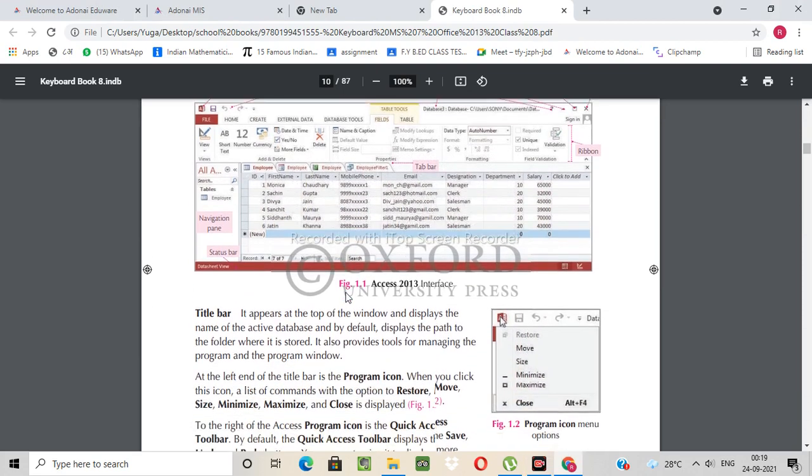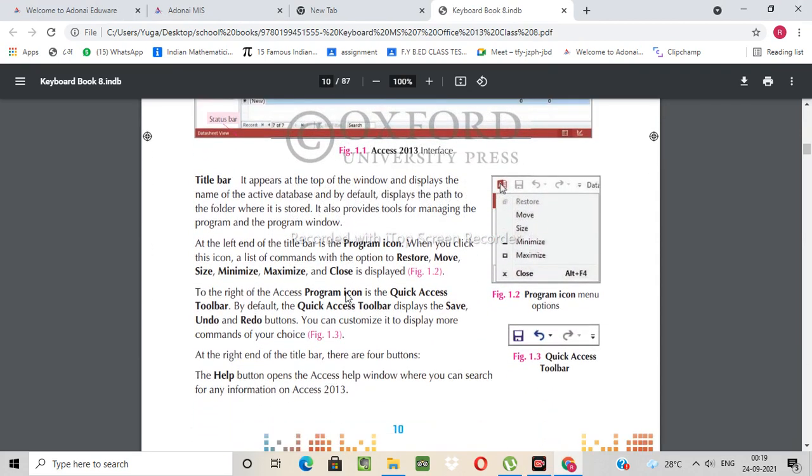Now we'll see what the title bar is. Title bar is nothing but the name of your file. It appears at the top of the window and displays the name of the active database, and by default displays the path to the folder where it is stored.